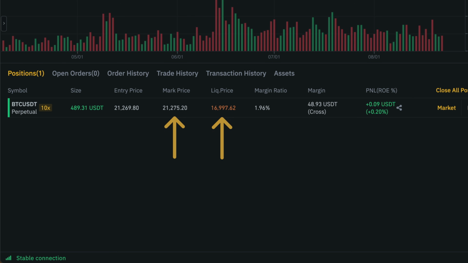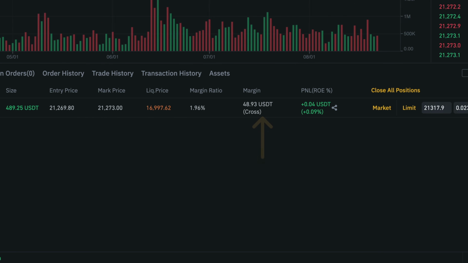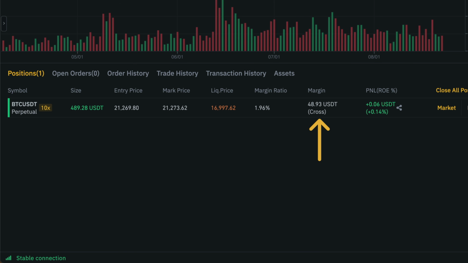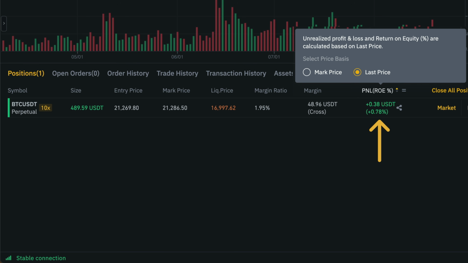entire margin balance. Then we have the margin ratio that we've already talked about and that we can also see right here. Then under margin, we can see exactly how much of our margin balance is allocated to this position. As we have set a 10x leverage, the allocated margin is a tenth of the position size, which we can see here. And then we also have the profit and loss and the return on equity for this position, which